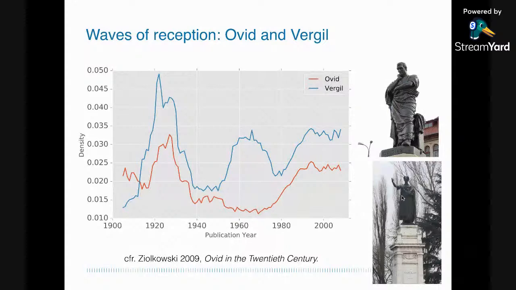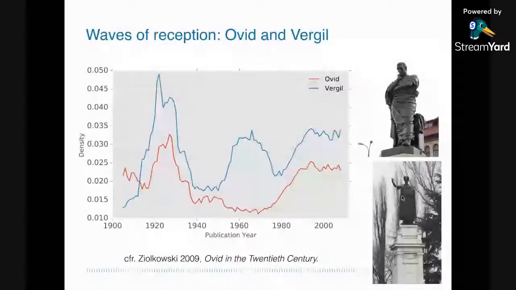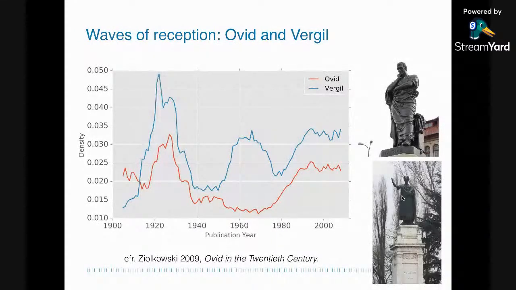So starting from the assumption that Ovid and Virgil represent two polarities, two very different opposing sets of values, and there is no period that can be at the same time Ovidian and Virgilian. So it's either Ovid or Virgil. And he describes these waves for reception in fiction, and comparing the waves he identifies with the citation data from JSTOR, there is actually quite some overlap.